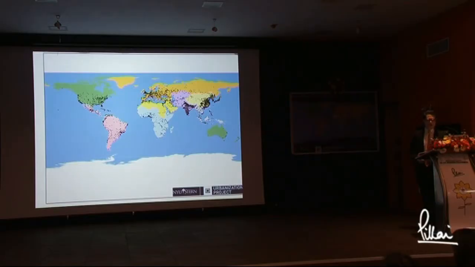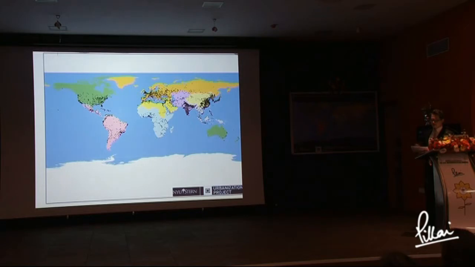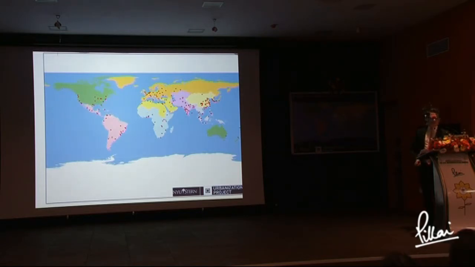Our next step is to figure out a way to study this. Obviously, we can't just study all 4,000 cities. This would be a very uneconomical way to do it. So instead, we've decided to create a sample instead of studying the entire universe of cities. We settled on this 200 city sample, and this 200 city sample divides the world into regions, country size categories, and city size categories.